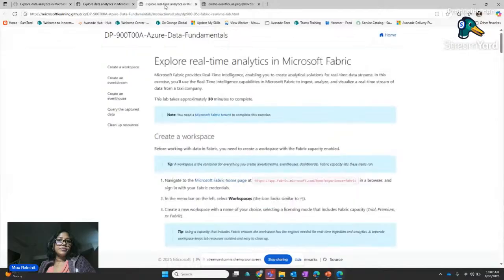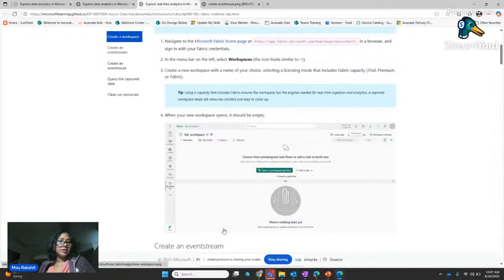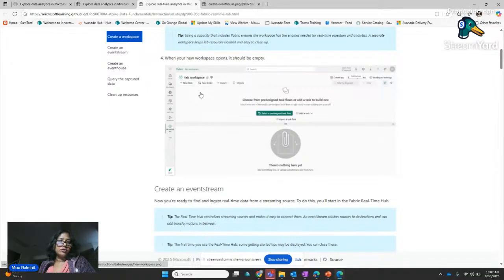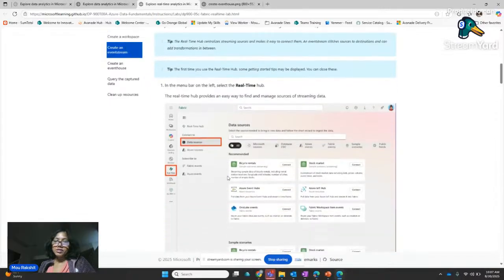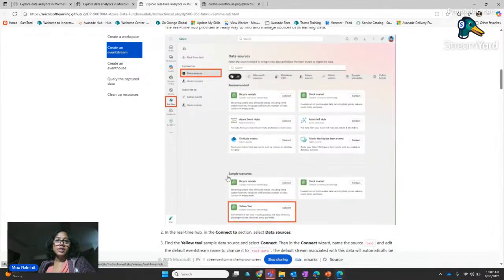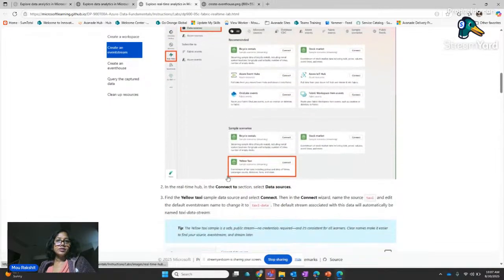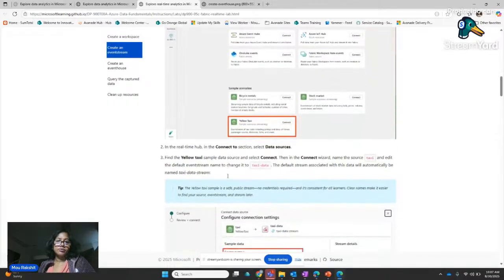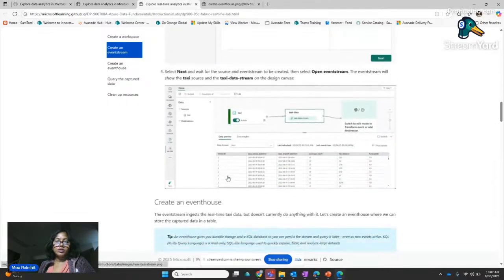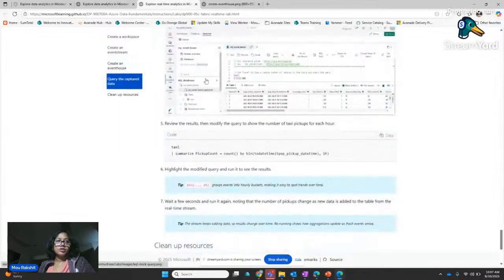But when it comes to streaming, you're going to use streaming analytics, right? This is also very similar, and you worked in your own workspace. In this case, you're creating a real-time hub, not a lakehouse. Within the real-time hub, you're capturing the data through event stream, then writing it to the KQL database. You can also write it to a delta table if you want to. So those are the two modes that you learned in the lab.